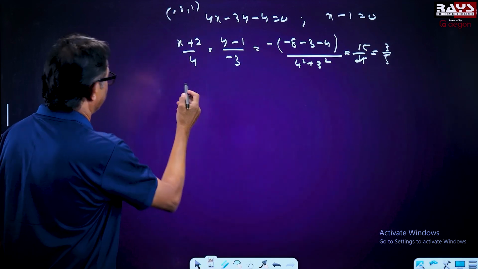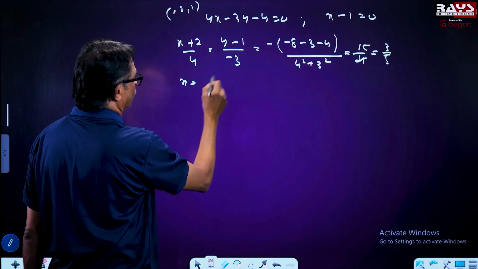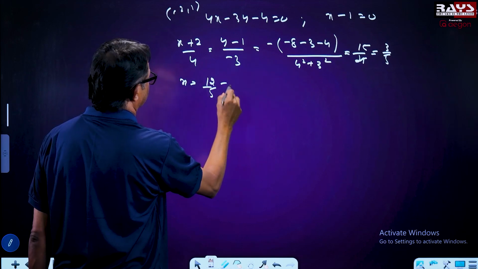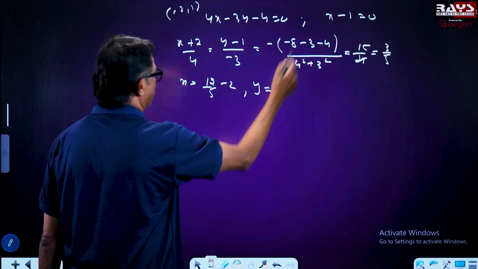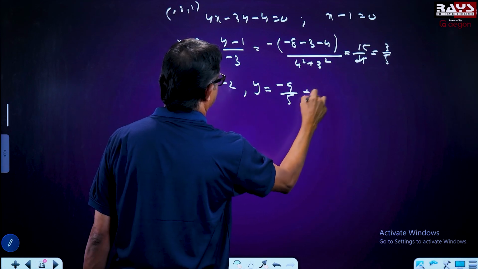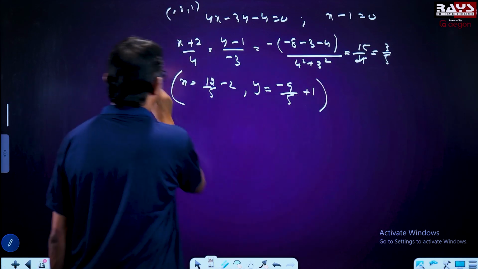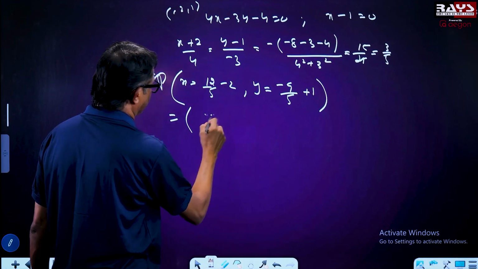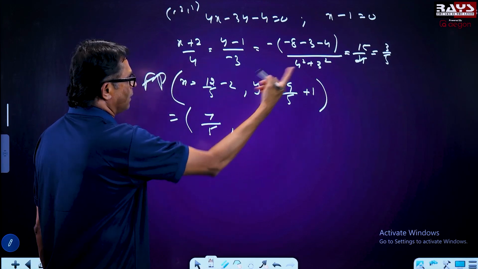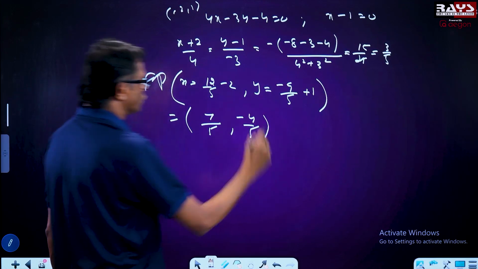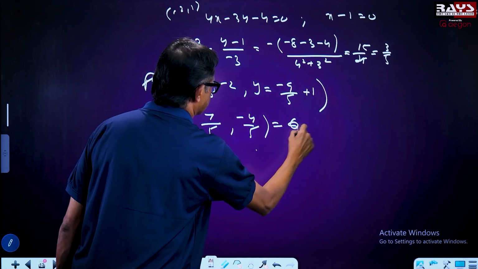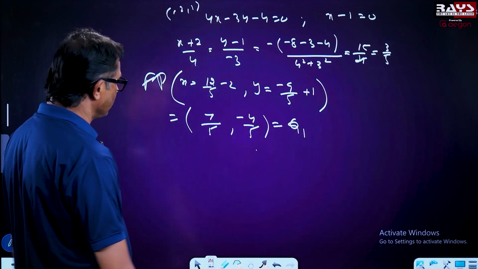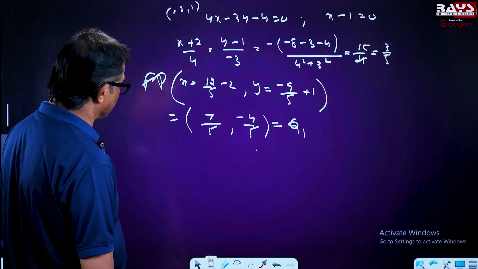Okay, so we can find out x is equal to what? 12 by 5 minus 2, comma y is equal to what? Minus 9 by 5 plus 1. So this is the foot of the perpendicular. When you simplify, you will be getting 7 by 5, comma minus 4 by 5. So this is Q1. Okay, and the other one will be